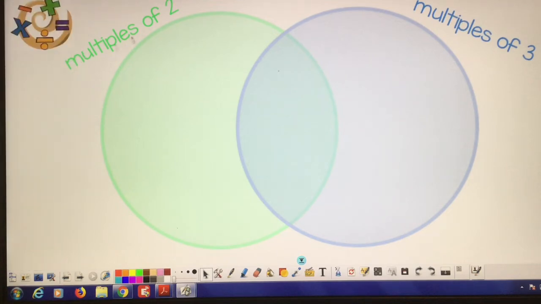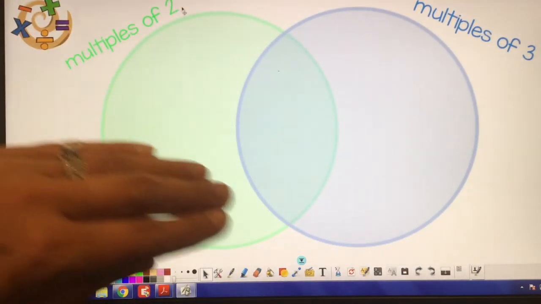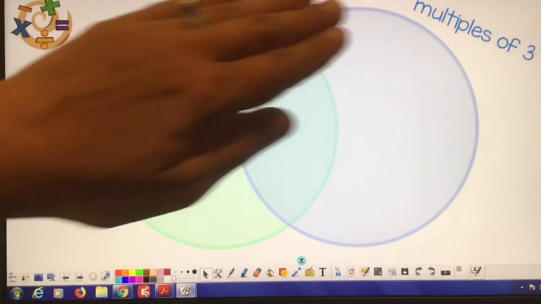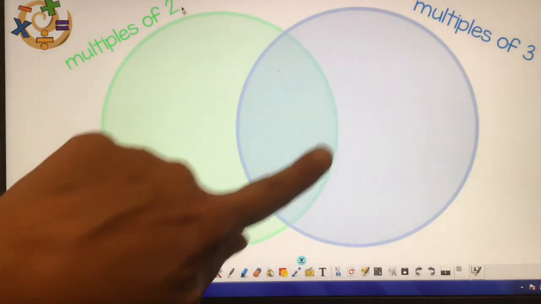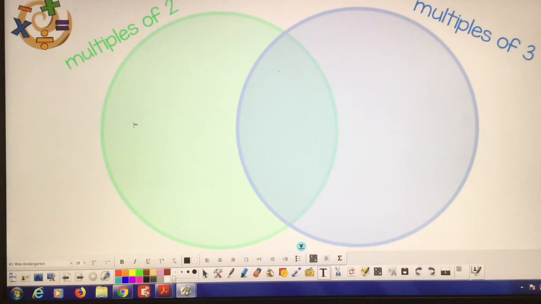Okay, so on the left side, I have multiples of 2, and on the right side, I have multiples of 3. Remember, where they are on the outside is where they're different, but where they overlap is where they have the same. So what I'm going to do, I'm going to go up to 10. So I'm actually going to do my Venn diagram first before I go back and do number 17 and 18